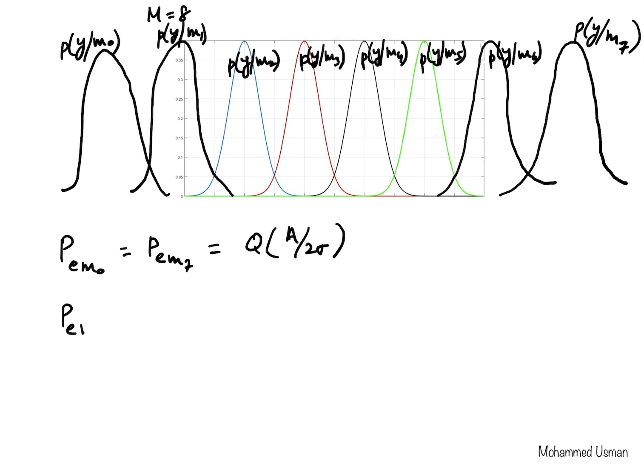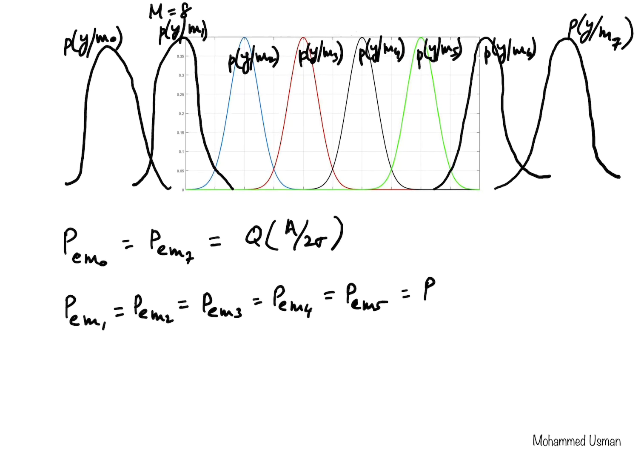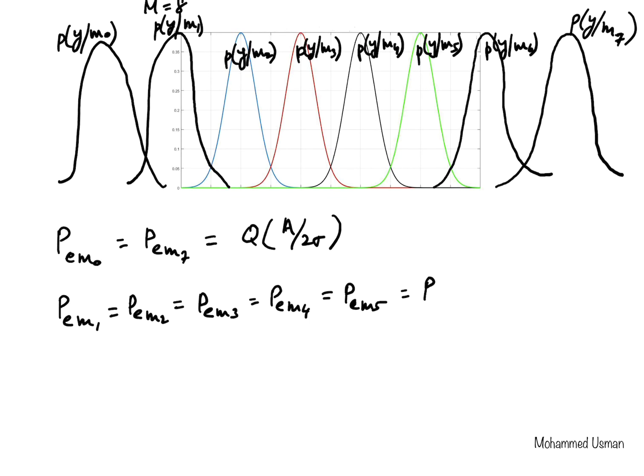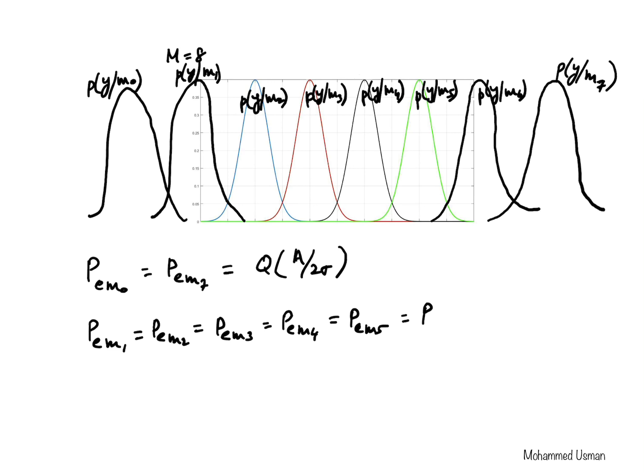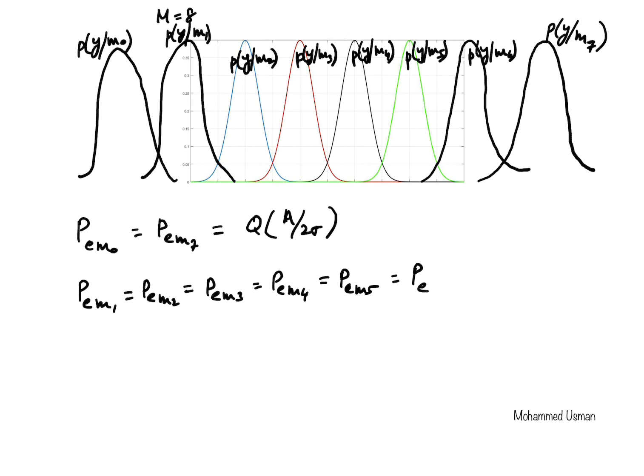All the others, the error probabilities for m1, m2, m3, m4, m5 and m6, the 6 symbols in the middle, will all